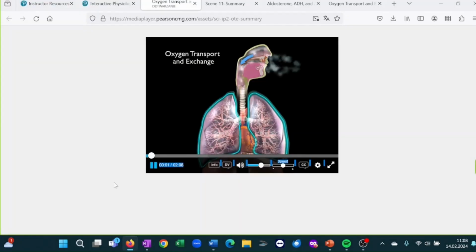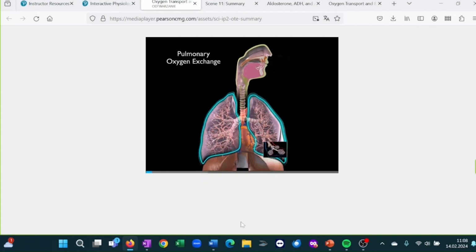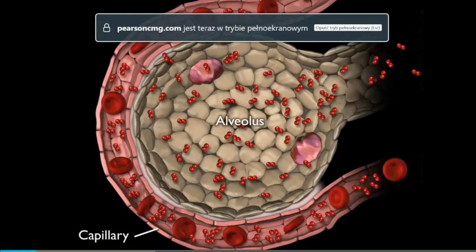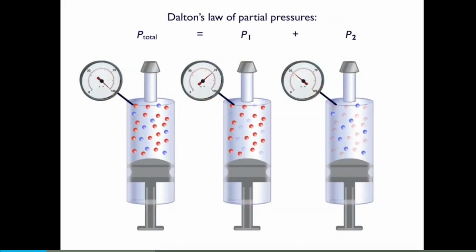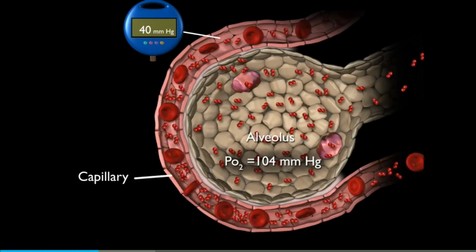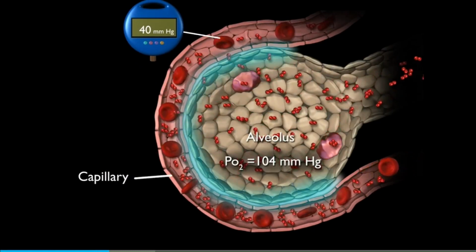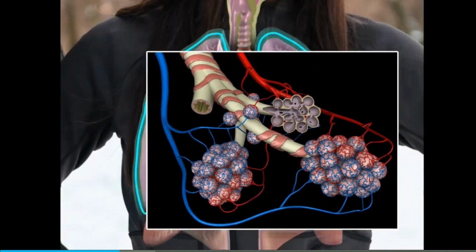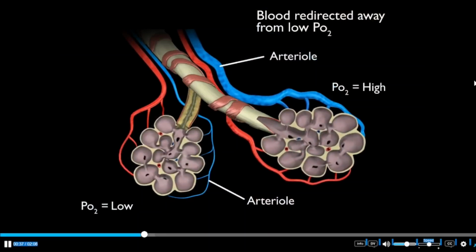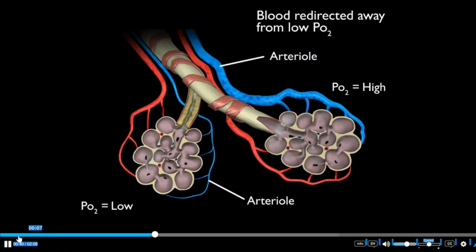Let's review what you've learned. During pulmonary oxygen exchange, oxygen diffuses from the air in the alveoli into the blood. Dalton's law allows us to calculate the partial pressure exerted by oxygen in air. Oxygen diffusion is driven by a gradient of partial pressure between the alveoli and the blood. Oxygen diffuses efficiently into the blood because the respiratory membrane is very thin, and its surface area is enormous. Efficient gas exchange is also promoted by ventilation-perfusion coupling, which directs the blood